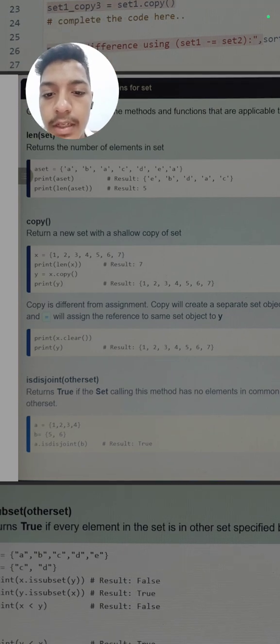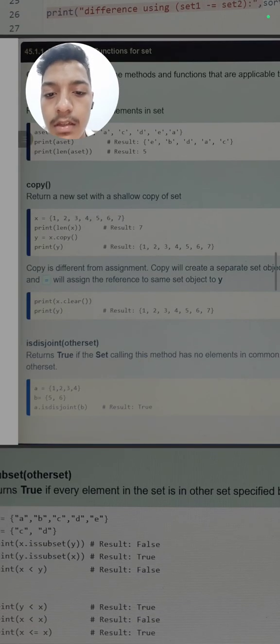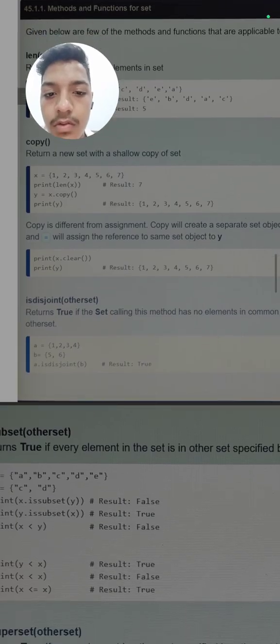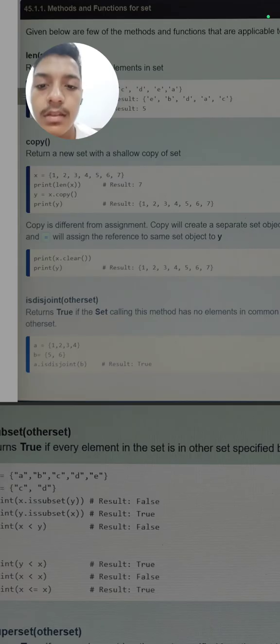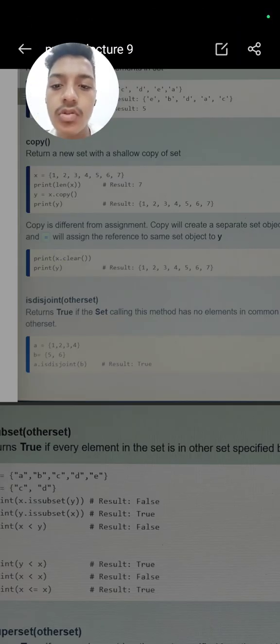Next is copy. As the name suggests, it will copy the set and store it in another variable. Then if we want to change, we can make any change in the copied set. If we want to clear the set, we can use the set name dot clear. It will clear all the items in the set. Next is